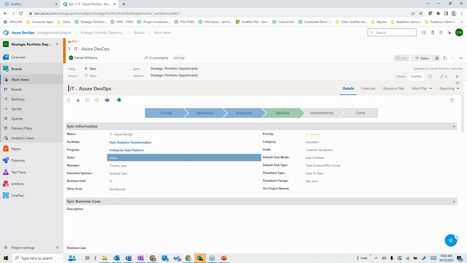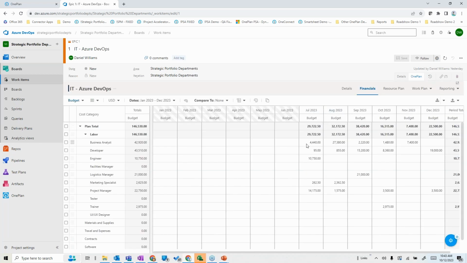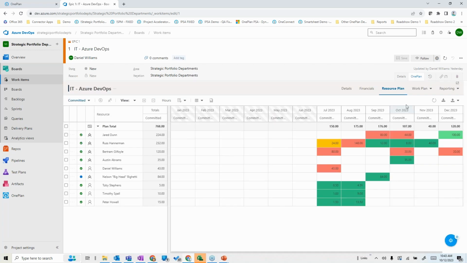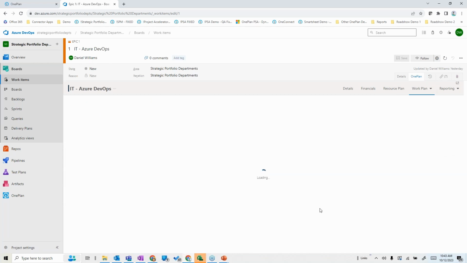And here's that details page we talked about earlier on. The financials, part of which is derived from the labor cost that's coming in here. The resource plan itself that we talked about for the individual epic that's in here. And then the individual work plan,